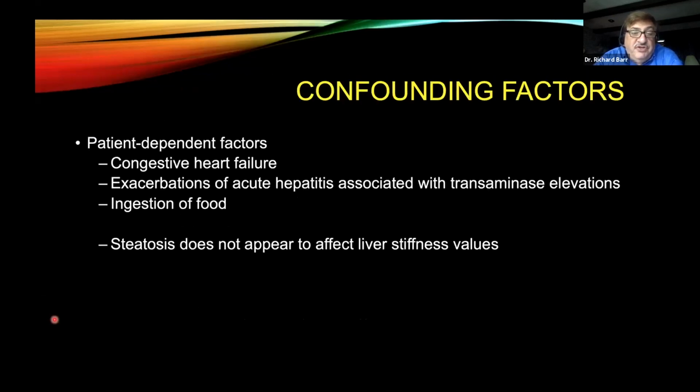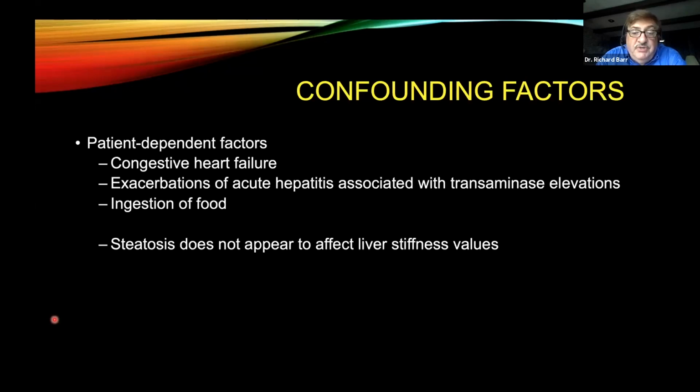Other confounding factors that are patient dependent include congestive heart failure. You have to remember that we do not measure liver fibrosis, we measure liver stiffness. And liver stiffness is a combination of fibrosis, congestion, and inflammation. So in congestive heart failure, or even in renal failure, people that have increased right heart pressure, a pediatric patient with a Fontan's procedure, the right heart pressures are going to be elevated. That pressure is going to be transmitted through the inferior vena cava and the hepatic veins, and it will make the liver stiffer. So if you use cutoff tables, you're always going to overestimate the degree of fibrosis.